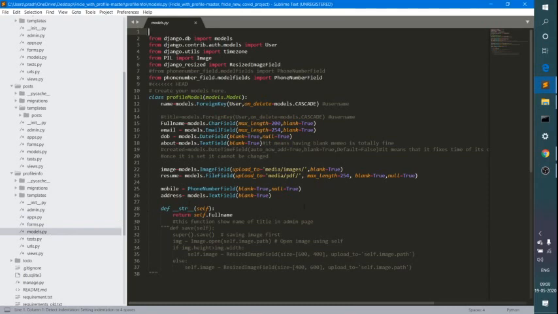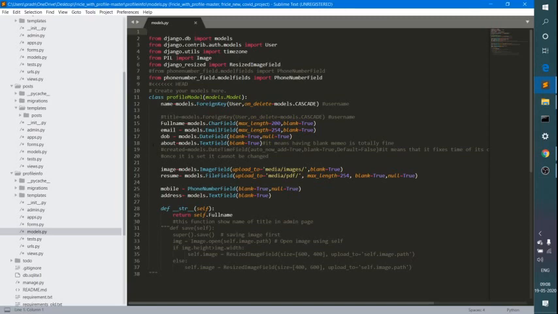When I come to models.py, it basically contains Python classes. As you know, all the data are saved in the form of objects. For that, you need to have a blueprint class. This class shows that any object which is present in the profile info database will contain these many features.